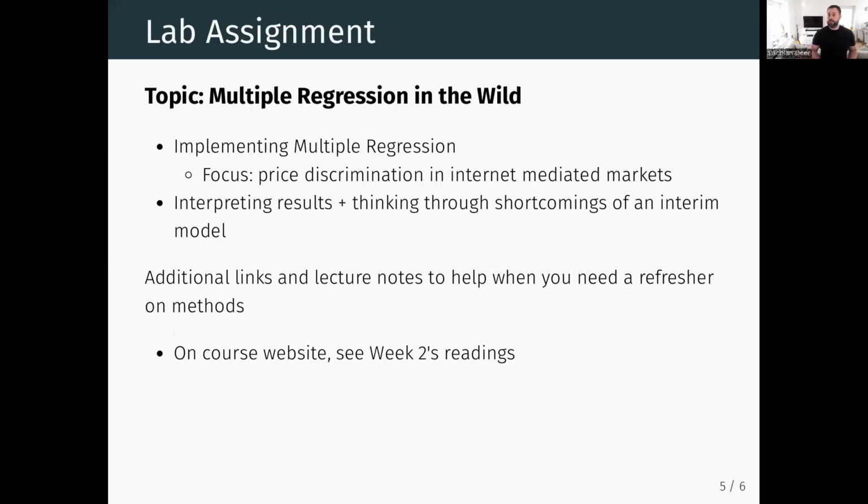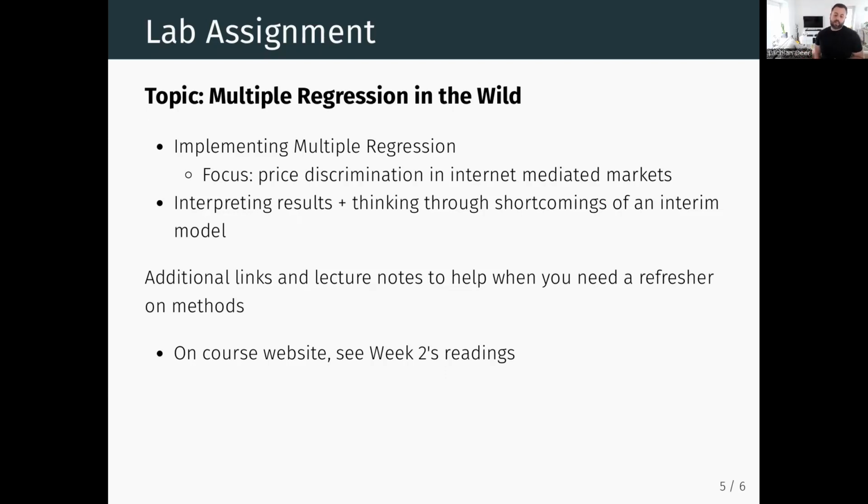Finally, there's the lab assignment for you guys to be working on. This week, we're going to be thinking about multiple regression. So again, tying back to week 2's course material, where we started to think about regression and causality. I want to get you guys to go hands-on and run regressions in R and refresh your mind how to do that. And it's really going to plug into week 2's video lecture, and then this week's computer lecture, where we're going to do some of that live in class as well.